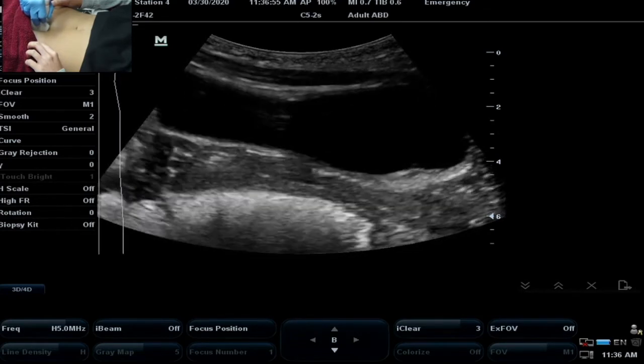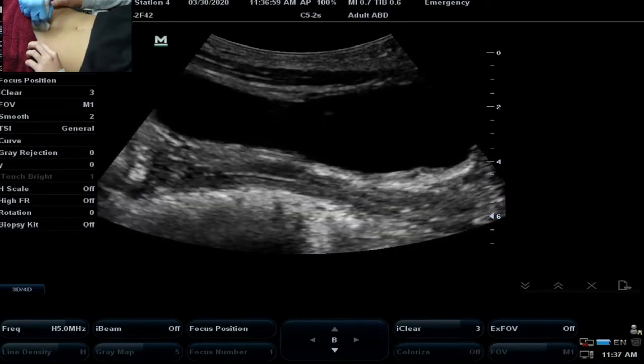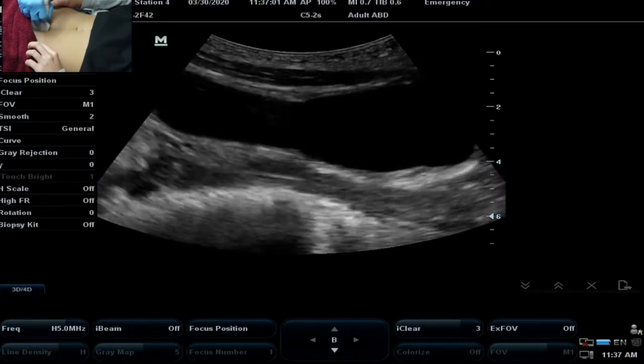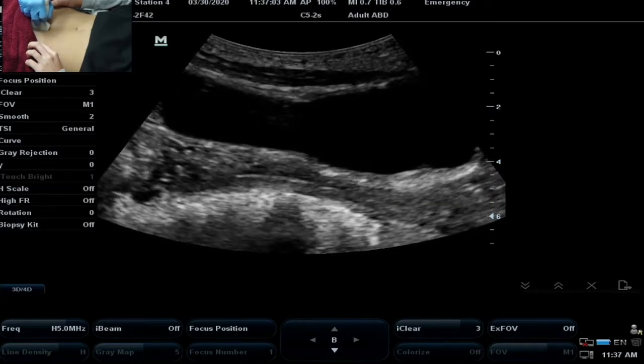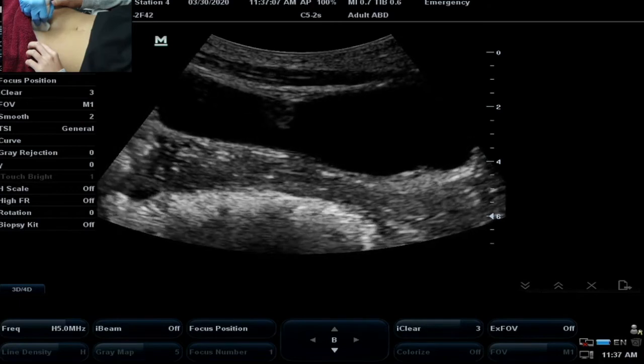But I already know that that's anterior acoustic noise and that that is not the debris that I was speaking about earlier. At this point in long axis, I've got all my controls the way I want to,